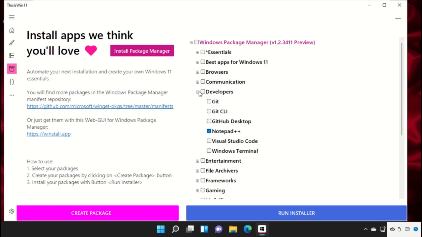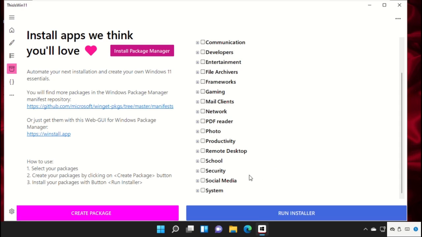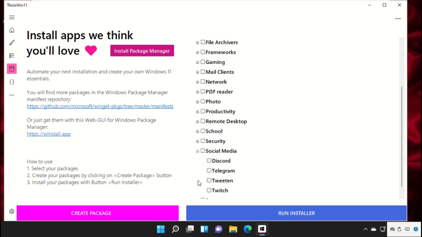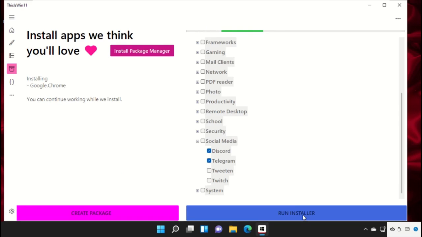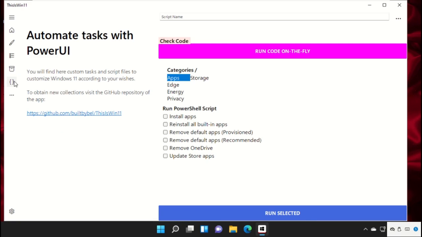From here you can install apps. That's it. Then click on run installer. This will take some time to complete all processes. It will try to install all the options that we selected. After that,